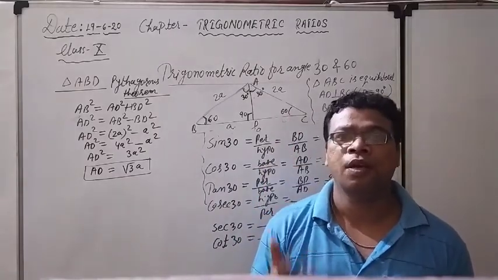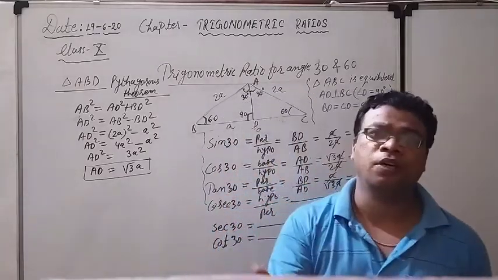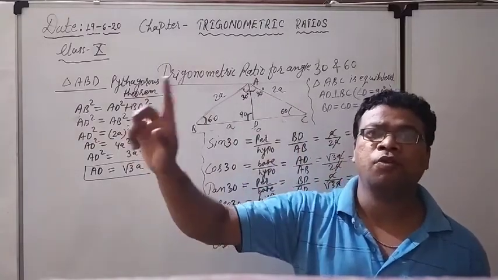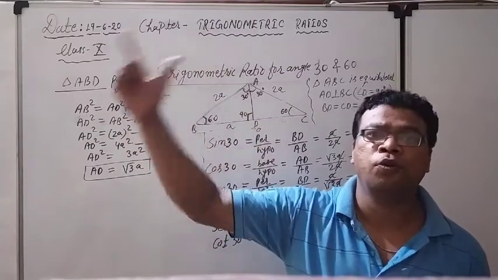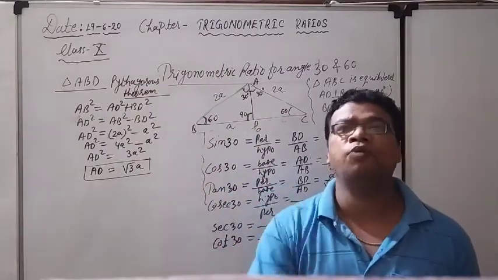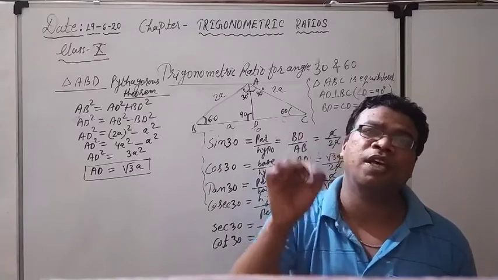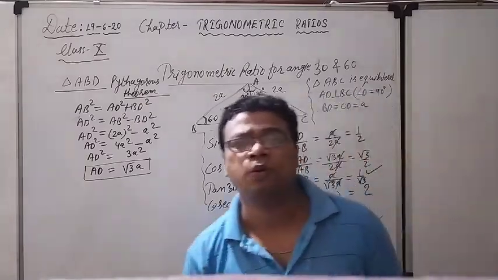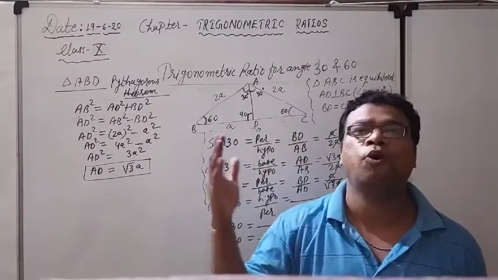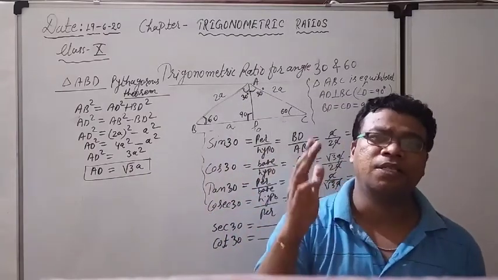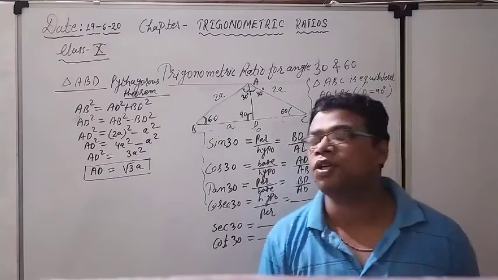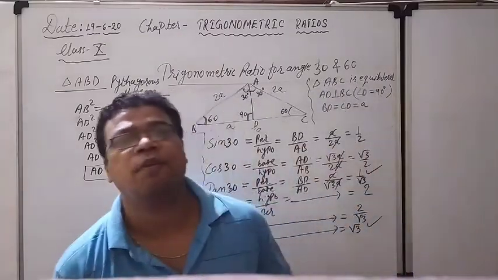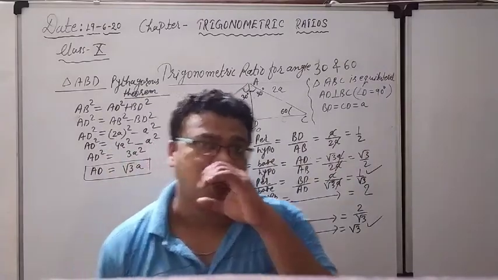What are the values? Again for the 30 I am going to repeat it. Sin 30 equal to 1 upon 2. So cosec 30 equal to 2, opposite of 1 upon 2. After that cos 30 की वैल्यू मालूम होनी चाहिए. cos 30 equal to रूट 3 अपॉन 2. So opposite हो जाएगा sec 30, 2 upon रूट 3. After that tan 30 is equal to 1 upon root 3. Opposite हो जाएगा cot 30, root 3. So these are the values.